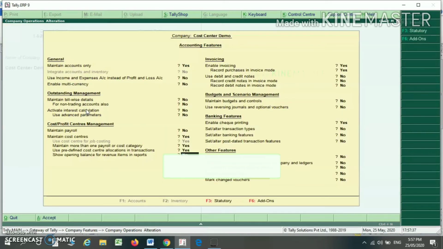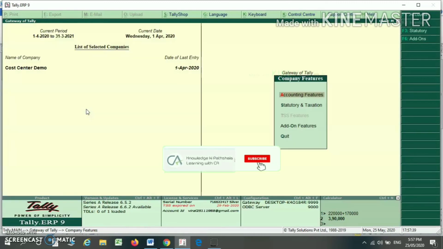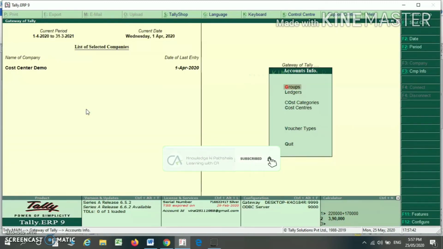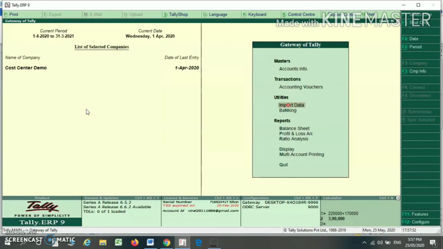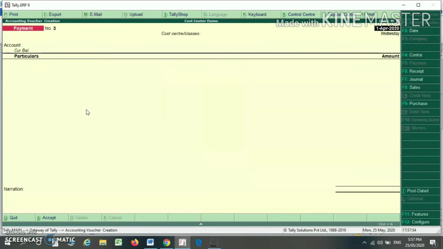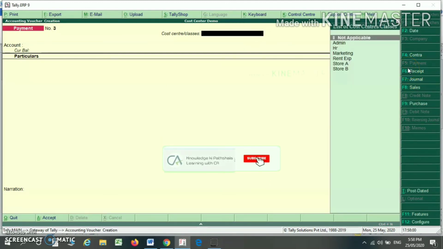So I am just saving my setting. Now I am creating one more ledger, rent expense, under the head indirect expense, and cost center is yes. Now whenever I am making the entry for my rent expense, for example I am making the payment entry for my rent expense, here you will find the cost center or cost class.